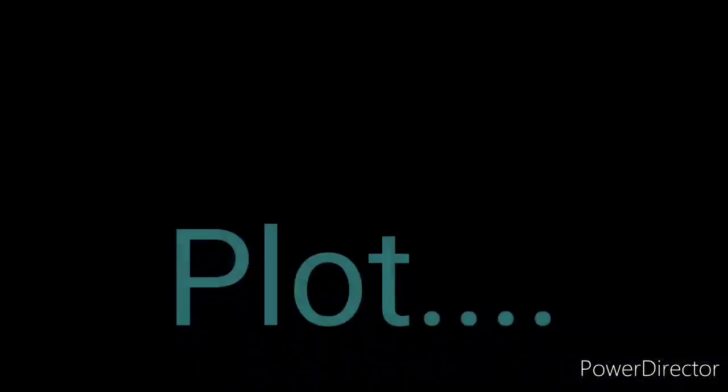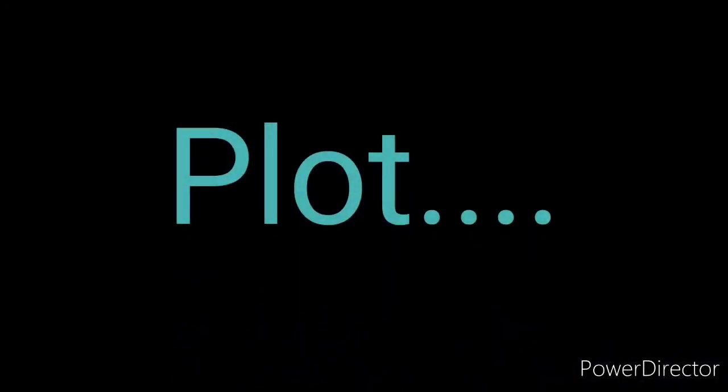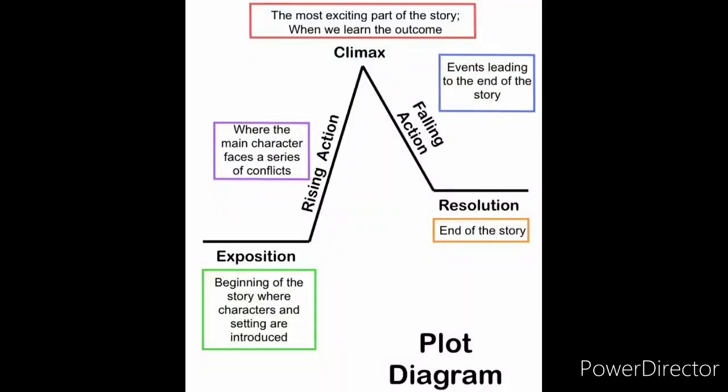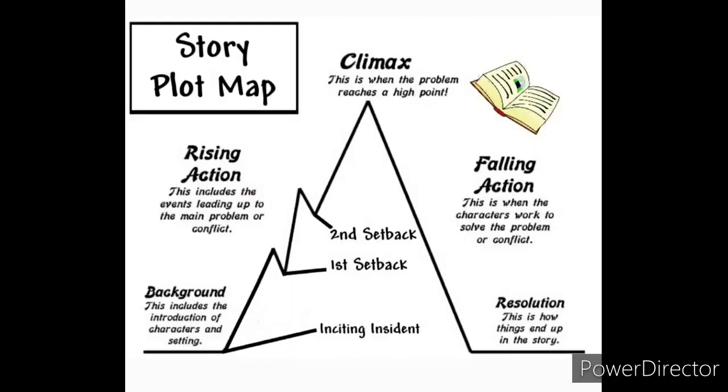Point 7. Plot. Once you have firmly decided on your characters and settings, you have to make them come alive with the necessary details. Your characters have to do something. What your characters do is termed as the plot of the story. In order to make the plot exciting, it is necessary to add problems in the story.